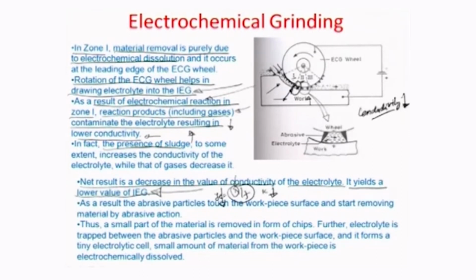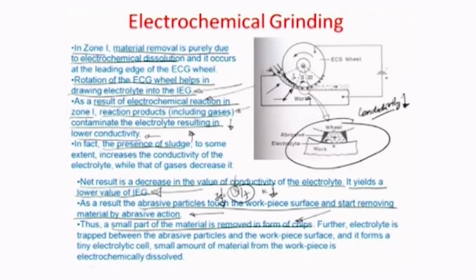So, there is certain one-to-one contact between the particles on the wheel and the workpiece surface, which happens on the transition between zone 1 and 2, and therefore, a small part of the material that is removed is in the form of chips as well. The moment it enters into zone 2, as you can very well see here by this blown up schematic or portion of this 2 here, because of the direct